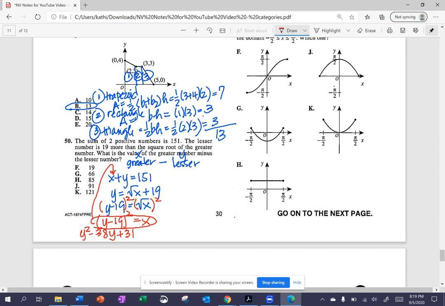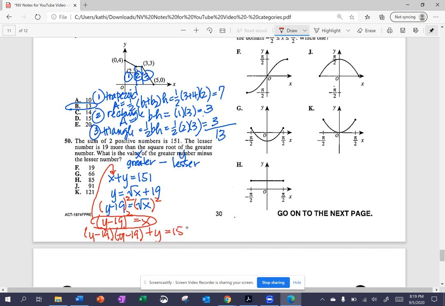So I'm going to substitute y minus 19 quantity squared into x here. So this is going to be y minus 19 times y minus 19 plus y